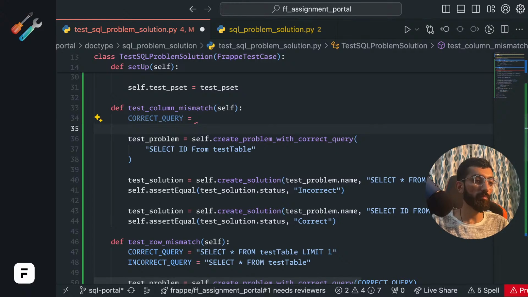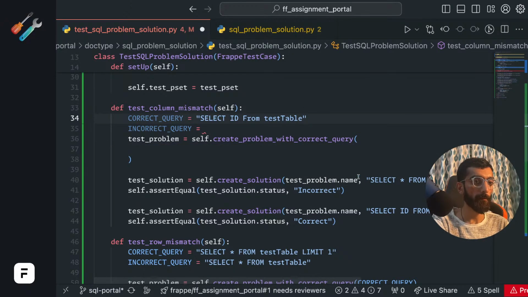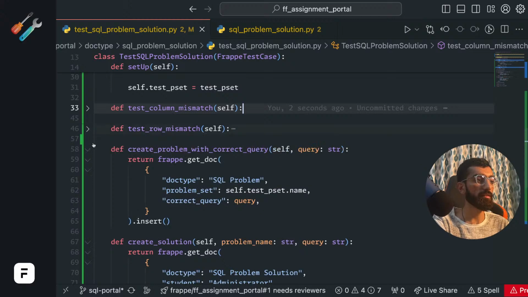We can go even one more step further to dry it up and write a common test using an iteration. So correct is this one. This is also correct query. Then incorrect is this one. So at a glance, we can change the queries and see the effect. Incorrect query. Nice. So let's